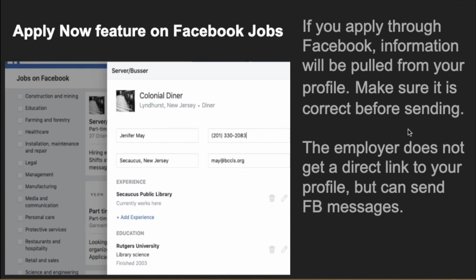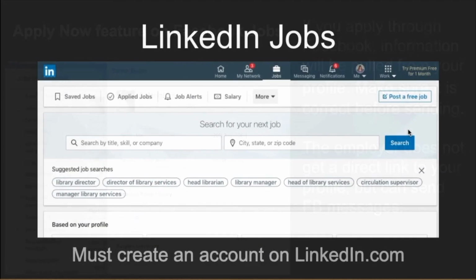You can go over it, you can change it, but it already is pre-filled in there. The employer does not get a direct link to your profile, but they can send you DMs, and they do know, of course, then that you do have a social media presence on Facebook. The second program that you could use is LinkedIn. LinkedIn's really popular with white-collar jobs, in particular office jobs, and they do have a jobs bar that you can click on,